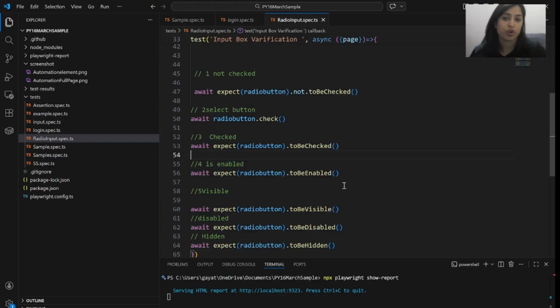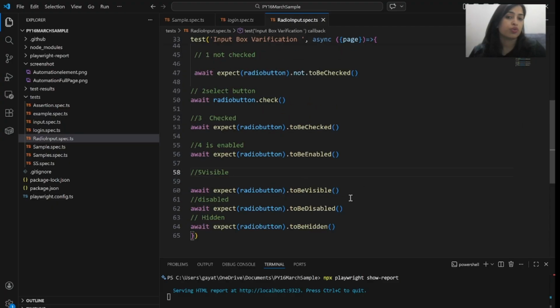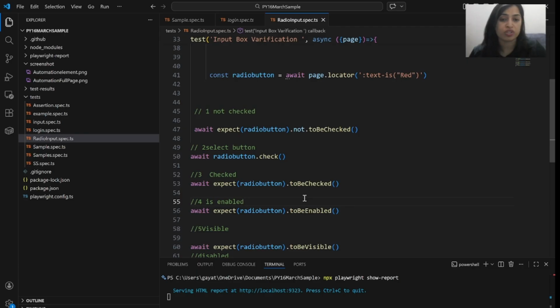Then we are checking that it is enabled or not, or visible or not. But these two are going to fail. Why? Because for to be disabled and to be hidden, we are already making sure from enabled and visible. So this is the way you can automate your radio buttons in your automation script.